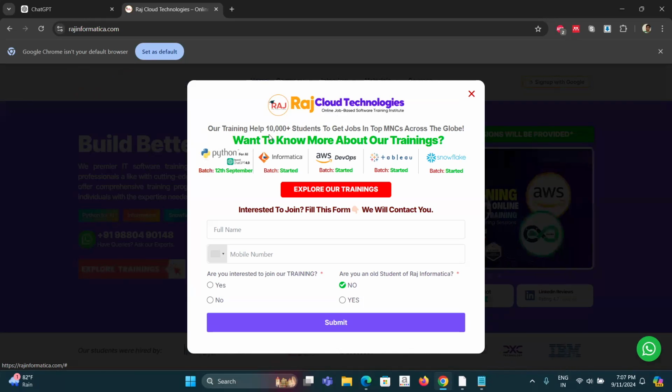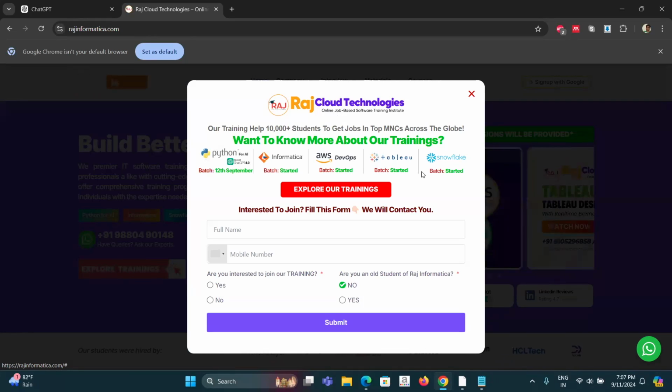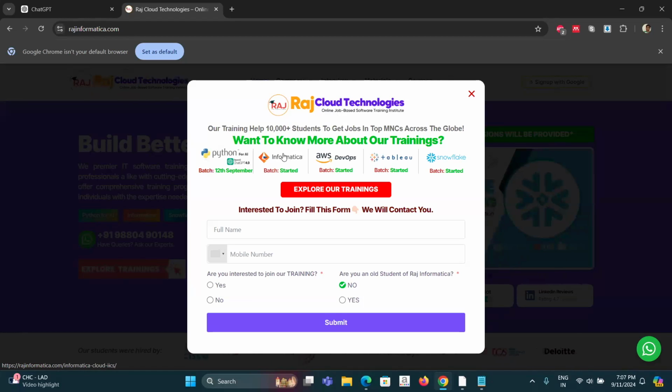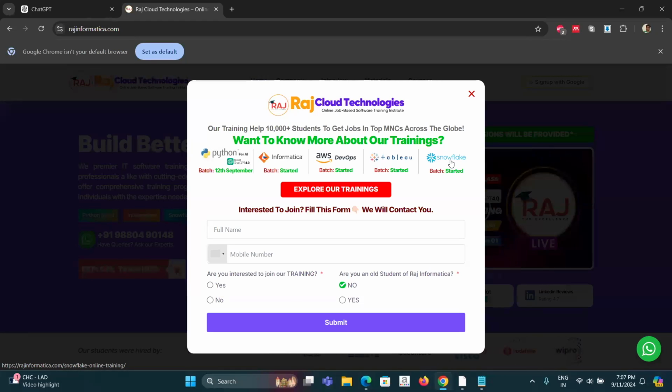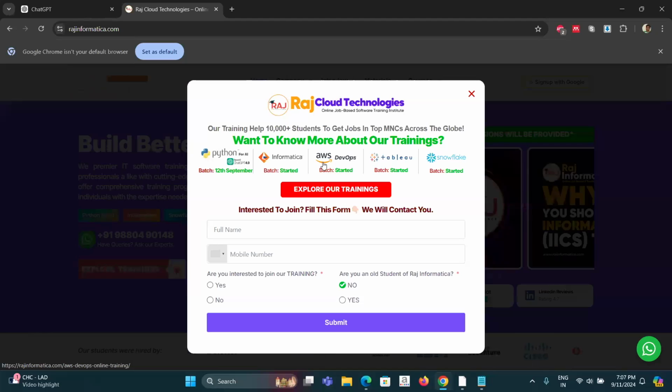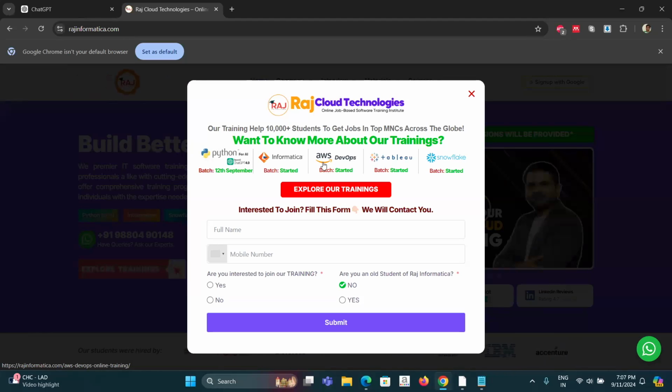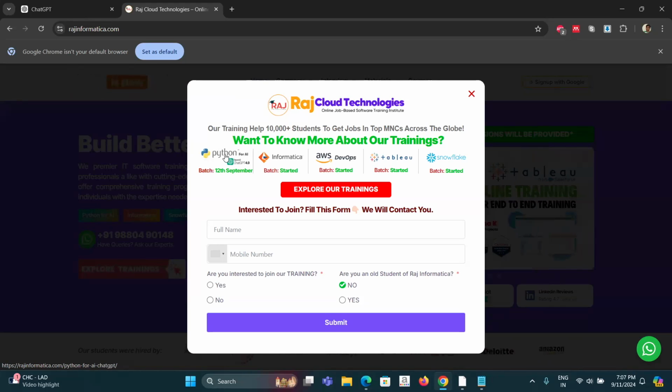A lot of batches of Informatica have been completed, and now other cloud-based technologies like Snowflake, Tableau, and AWS DevOps have started, and simultaneously there is also a Python full stack course.